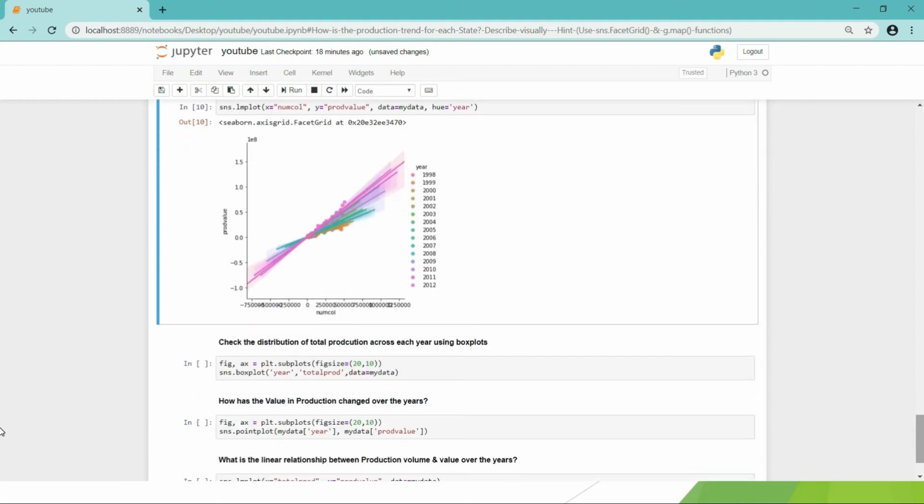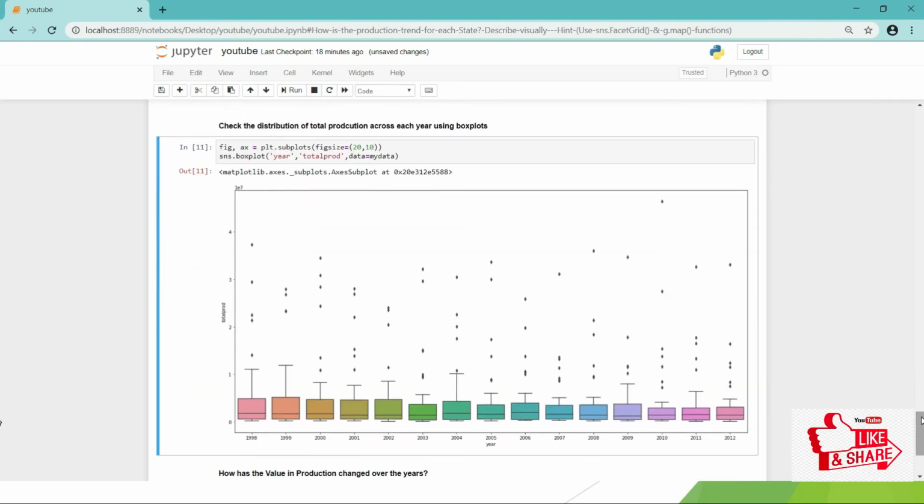So now if we have to check the distribution of total production across each year using the box plot, because box plot gives you what? It gives you the 5-point summary. So we have to check the box plot. If you have to increase your canvas size, you can make a subplot. You can use this command plt.subplots. You make a figure size of 20 by 10 so that it consumes your complete canvas. And then sns.boxplot you can do. I want it based on every year and total production. Data is my data. So year wise, see now the canvas has increased. All the above graphs were coming very small, but this has increased in height and length both ways.